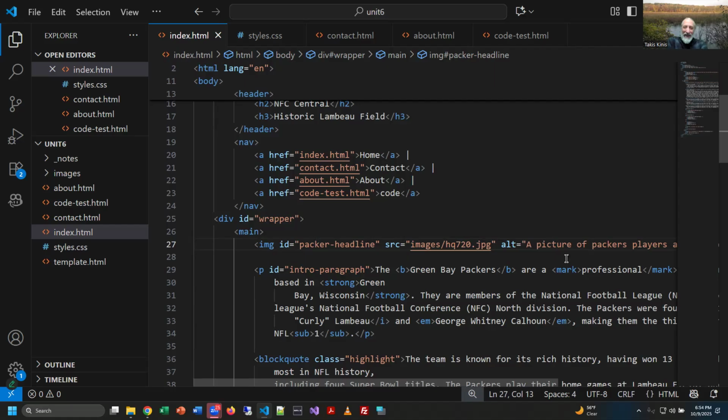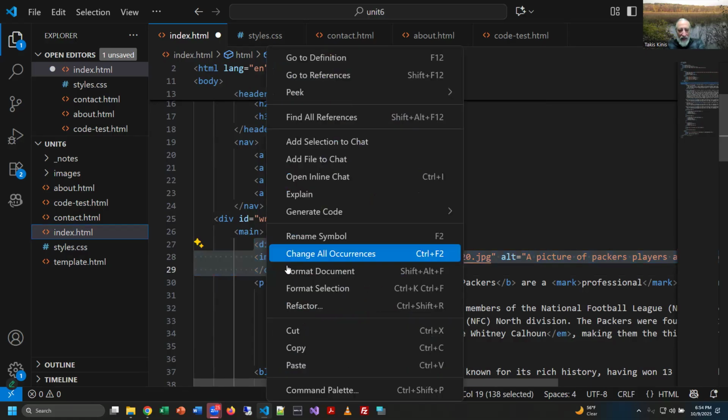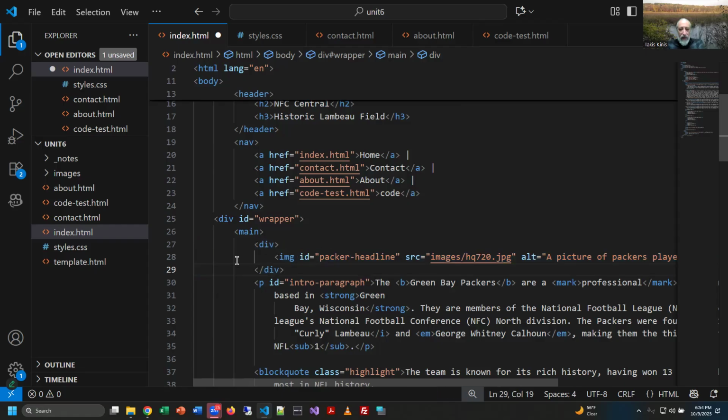So let's do this. All right. I'll put a div around it. I'm going down the rabbit hole here, but this is what happens when you do web stuff, right? Opening and closing div, but I'm going to take the closing div. I'm going to wrap it around the image, right? I am going to format that selection there. Okay. And then let's call this, well,